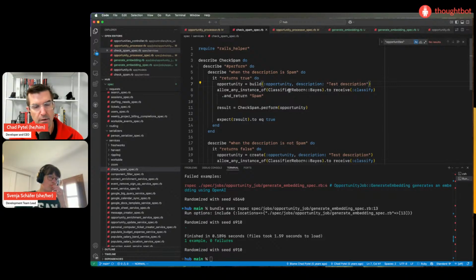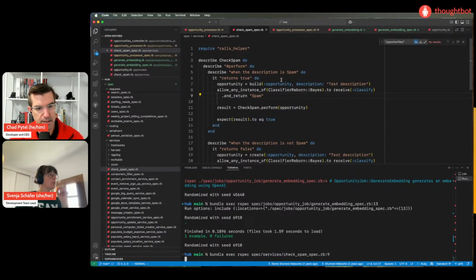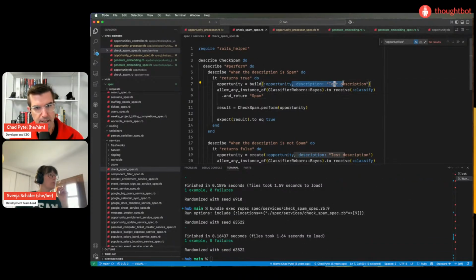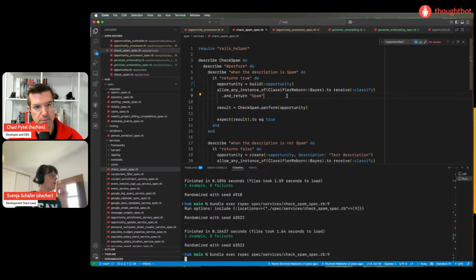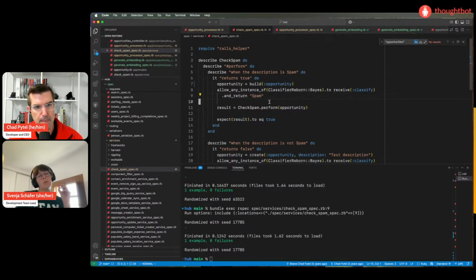It's stubbing out the classification, so what this description is actually doesn't matter. It's only what the classifier returns, spam or not spam. I'll run this spec here. It's going to pass even if I remove this description, because it's not actually doing spam checking on the description.